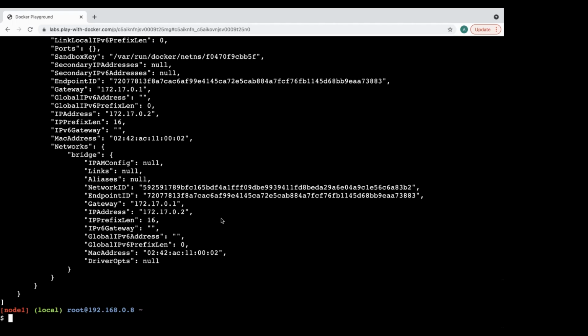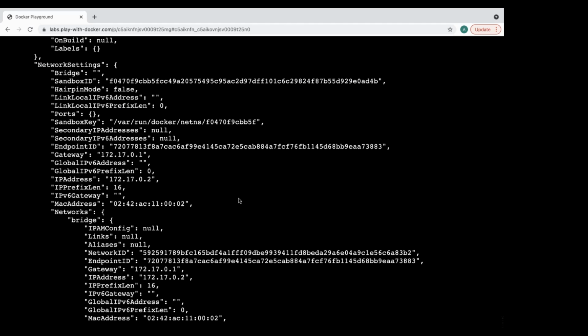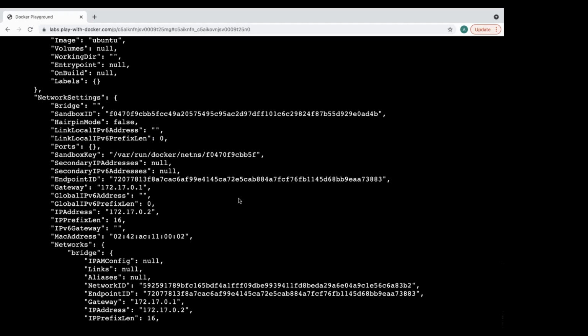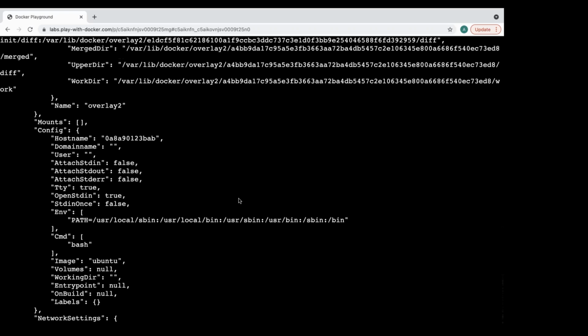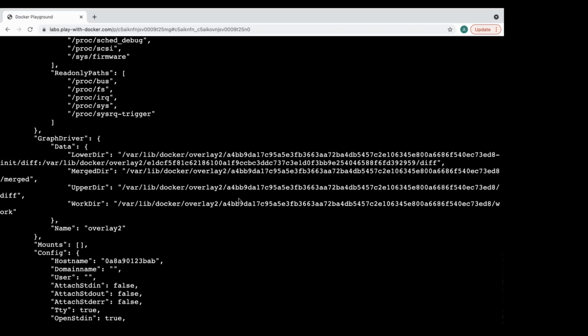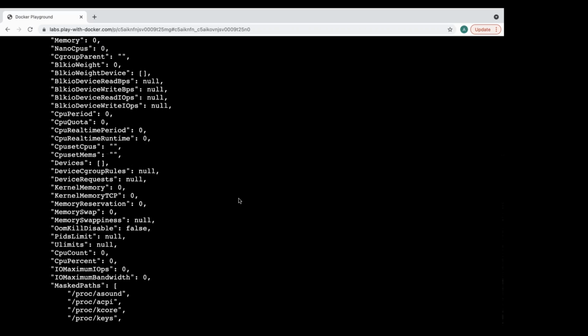Remember, pizza's IP address is 172.17.0.2, and when you scroll up, you get all the related information regarding this container: what networking we have, how much memory is allocated, the CPU, what processes it is running. Everything you can get in this whole bunch of information.